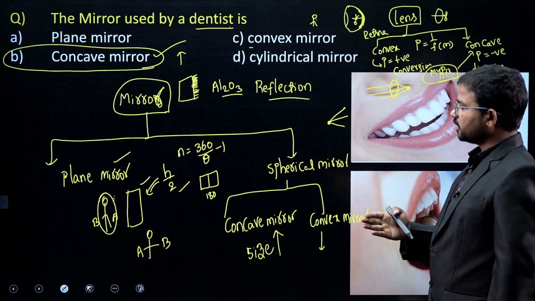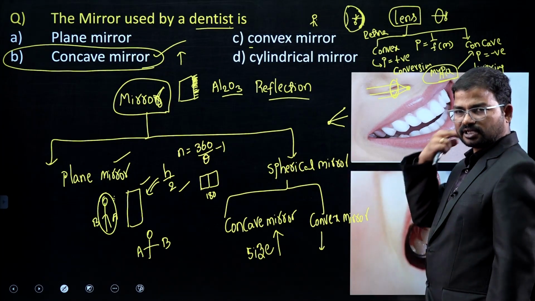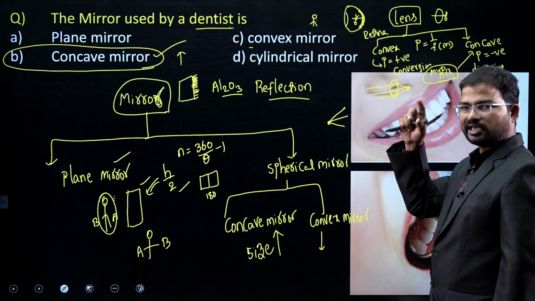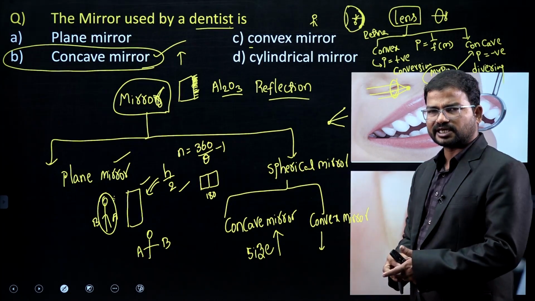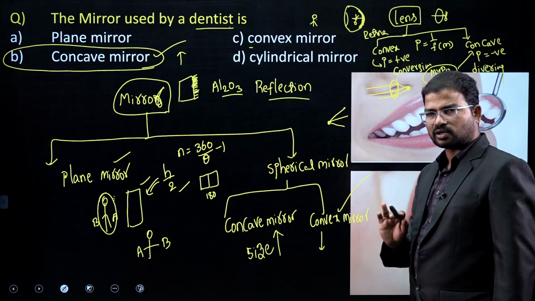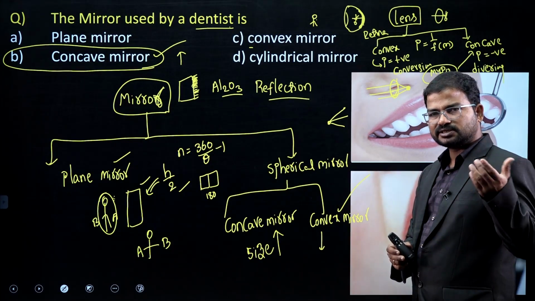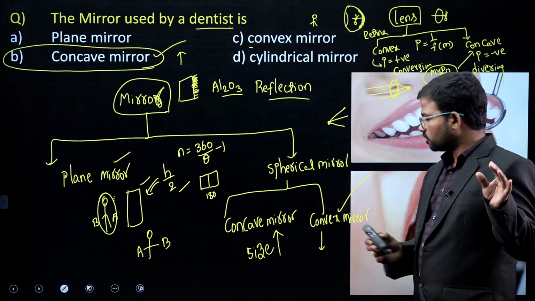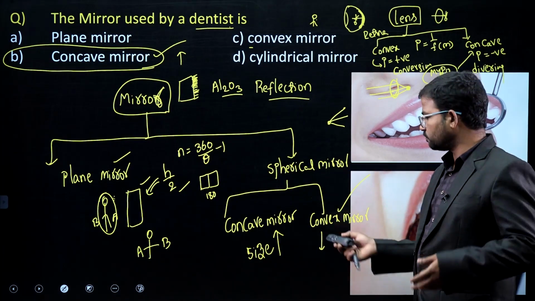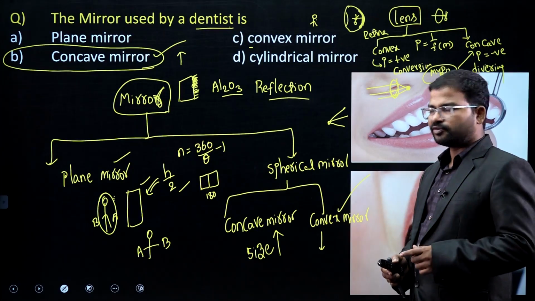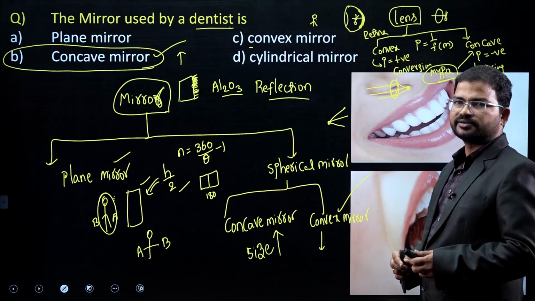So is the side mirror a concave mirror? Why, because it increases the size? Next, what about the rear view mirror? Side mirror is a convex mirror, not concave. Why? Because even if the object is large, using a convex mirror you can reduce it. That's why the side mirror is always convex only. What about the rear view mirror? The rear view mirror is also a convex mirror, which reduces the size.